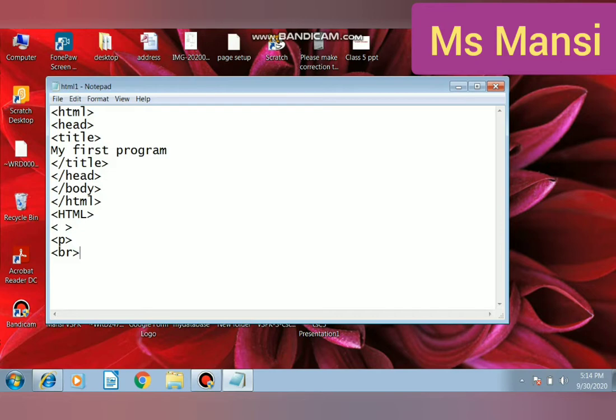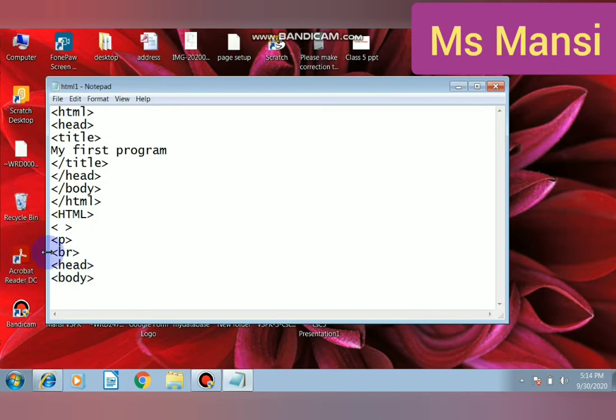HTML document structure. The general structure of an HTML document has two sections, head tag and body tag. Two sections are there in an HTML document, one is head and one is body. Clear? So head section.